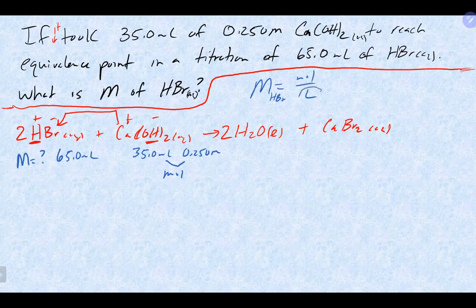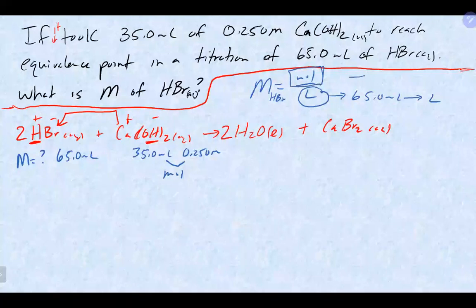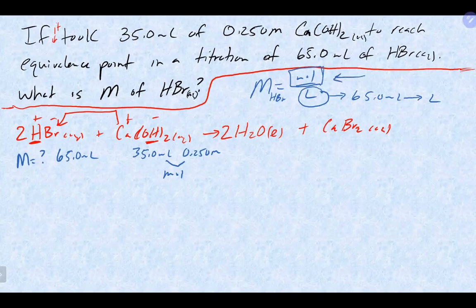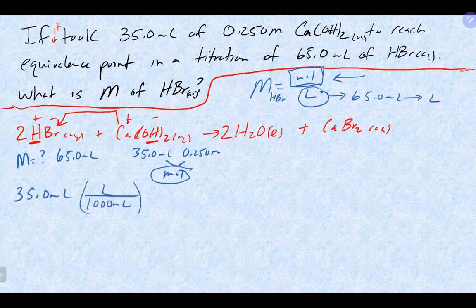So at this point, we do have the volume given to us. It's just in milliliters. So we do need to convert that to liters, and we would have the bottom part. So the top part here is going to come from the stoichiometry calculation part. So we're going to use the stoichiometry part to figure out the top part. And we will do that by converting this guy into moles here. So the first thing we'd want to do is, again, convert our volume into liters by dividing by 1,000. Going to give us